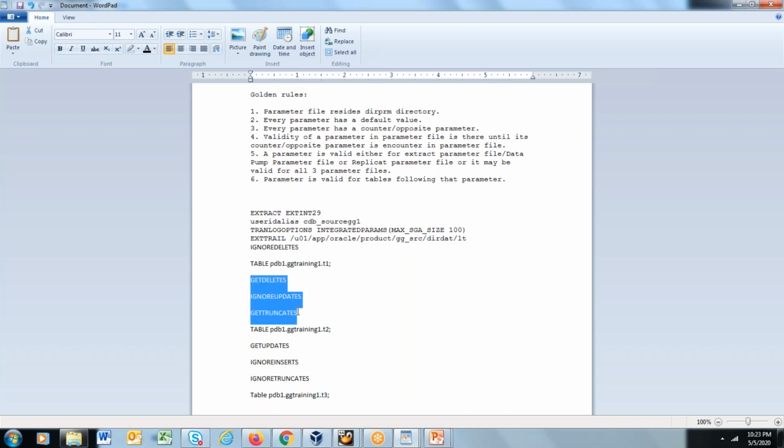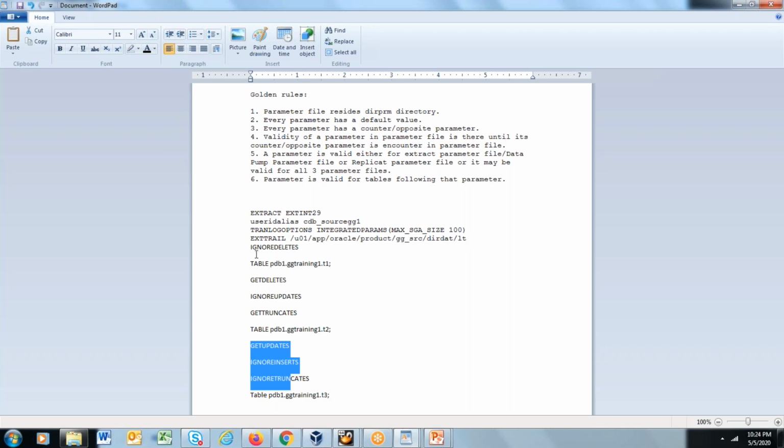Similarly, these three parameters and any default parameter up to this point are eligible to be valid for only T2 and T3. They cannot be valid for T1 because of this rule, rule number 6. And these three parameters can only be valid for T3, not for T2 and T1. So each parameter's validity is based on its counter parameter.